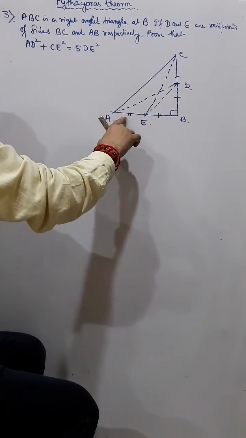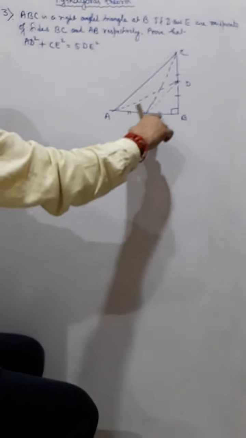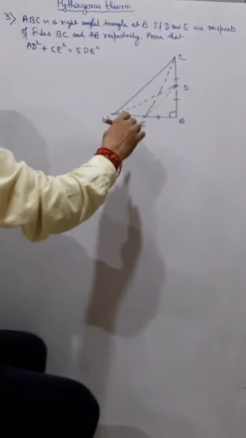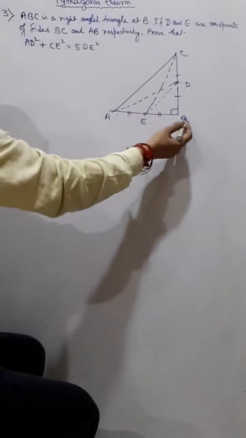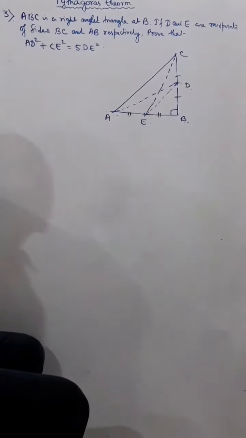So you can understand these are the midpoints. So again we can replace AE equals to EB, we can say CD equals to DB, we can say AE is half of AB, EB is half of AB, AB is twice AE, AB is twice EB, and so many things, okay? But we have to understand what we have to prove, AD square and CE square. So first let us find AD square. Now you can see AD square will be what? BD square plus AB square.